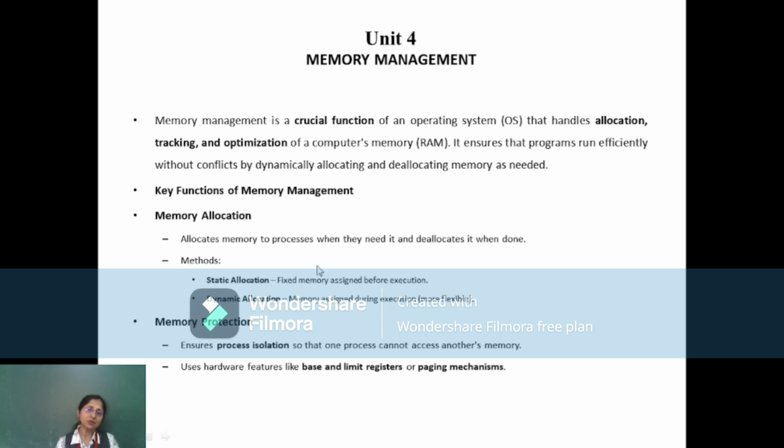Now when we talk about the allocation methods, there are two methods. What are the two methods? Static method and dynamic method. In static allocation, the memory is assigned to the process before the execution. And in dynamic allocation, the memory is assigned to the process during the execution. Static allocation assigns a fixed memory, whereas dynamic allocation might assign a fixed memory, or dynamically it can change the size of the memory. I mean, during the execution, you can ask for extra memory and that will be allocated. So it's more flexible.